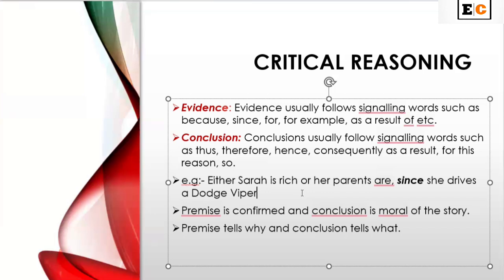And how to understand the conclusion? Conclusion is the moral of the story. I mean, what do you get ultimately after reading the passage? It becomes the conclusion. In another way, premise tells why. So whenever we look for why, it means it is the premise. Or whenever we look for what, it tells about the conclusion. So let's go for